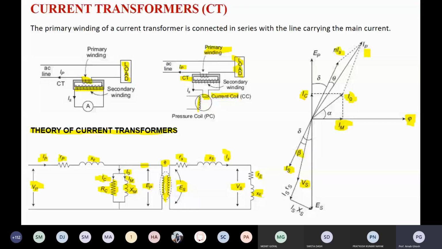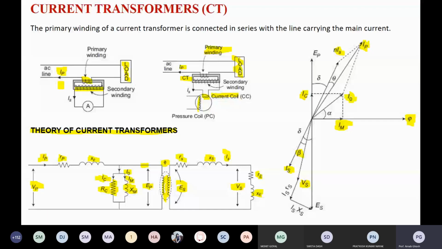Okay, so if you get the primary side current IP, you are already able to find it out. You need to know the exact value of the primary side current. That is your main agenda. So that IP you need to calculate, so you are able to find out the value of the CT primary current. Okay, I think there is no problem.